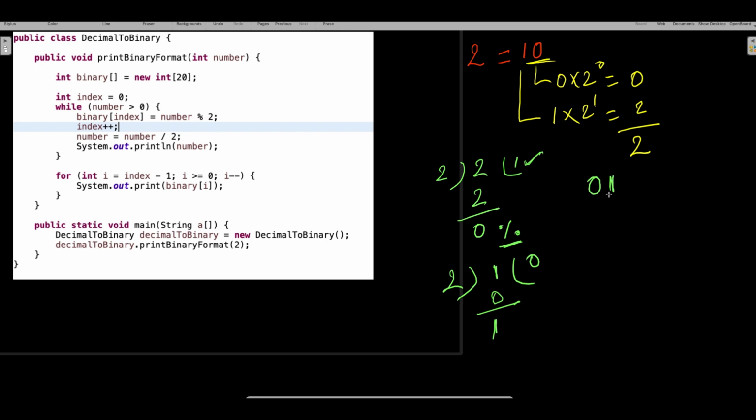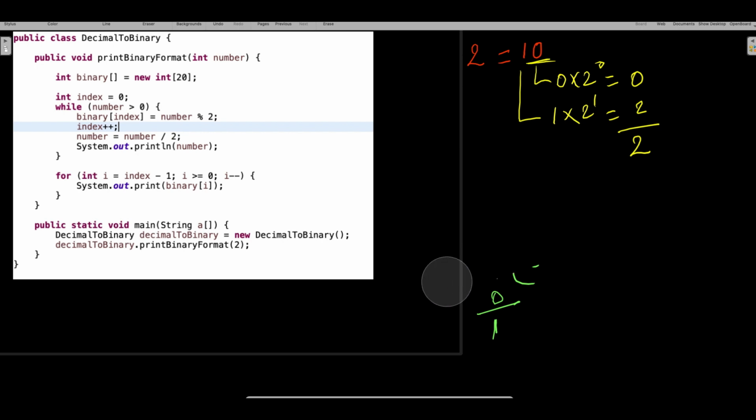It came like this, right? 0 1. But actually, when you are converting to a binary number, you need to reverse that. Somehow you need to write a logic while printing it. You need to reverse it; all the reversal and everything, we'll see that later. So let's say I got 1 0. So I got the number, I have converted this. Now assume that you take another example. You will think, okay, this was a very small number, right? So let's say that I have a clue.